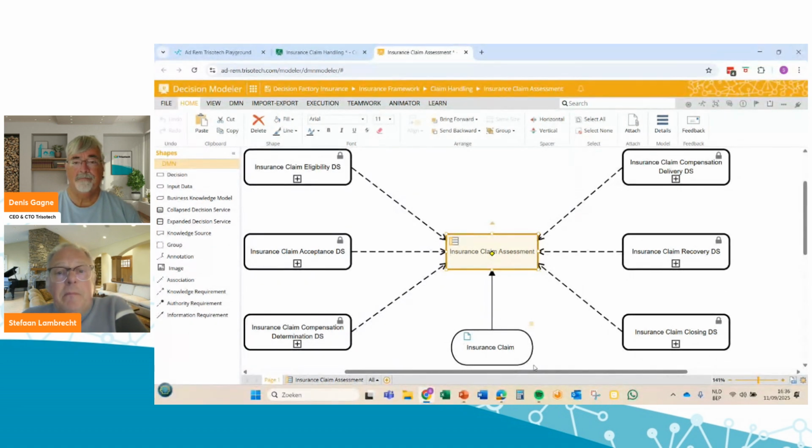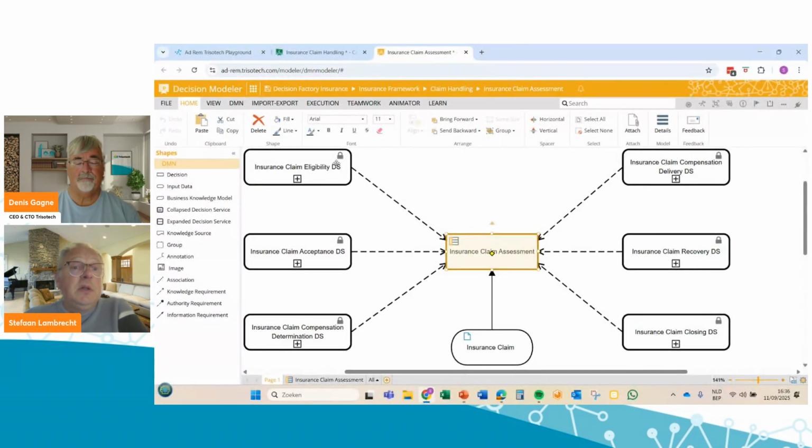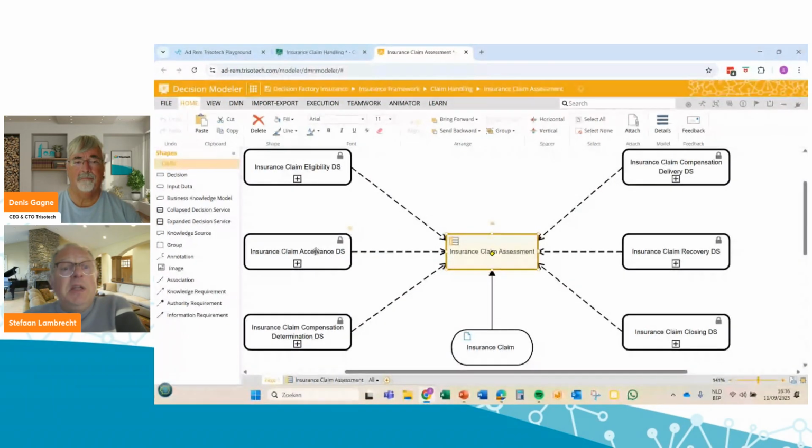Because every time information in the insurance claim is changing, whatever type of information, this decision model will be kicked off, and it will apply logic to evaluate if the eligibility of the claim is okay, if the objects that had damage and that led to this claim can be accepted as such, and also, with the damage that they had, what compensation should be given for these damages, then also the delivery of that compensation, which could be a payment, but also a repair or replacement of damaged goods.